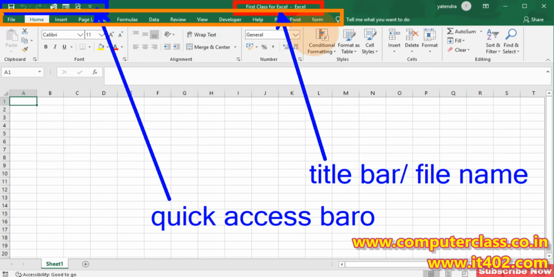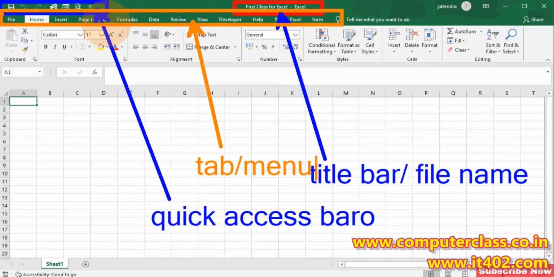These are called tabs, or you can also say menus. In a tab or menu there are lots of options, and each option is categorized in a group.